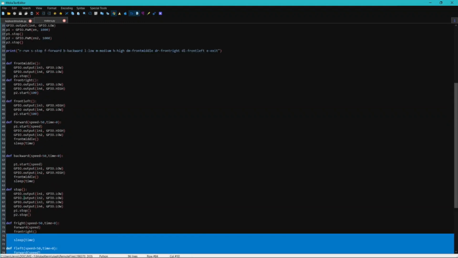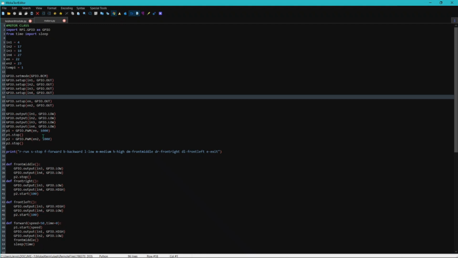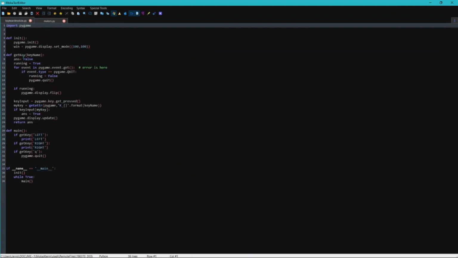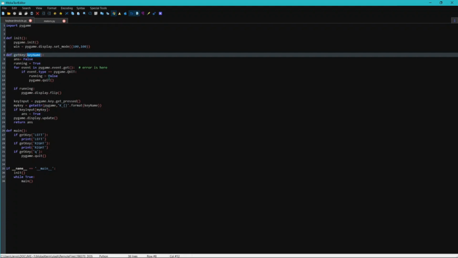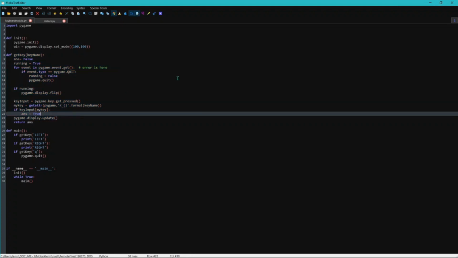I have already described them in my documentation, so it will help you understand how the program works. Inside keyboard_module.py you will find a get key function, which gets the response of the key being pressed by you. We use this get key inside test_drive_module.py. So this is the coding part.